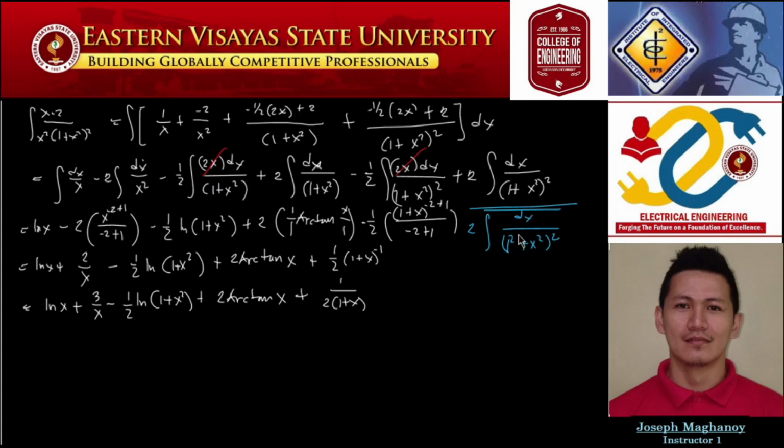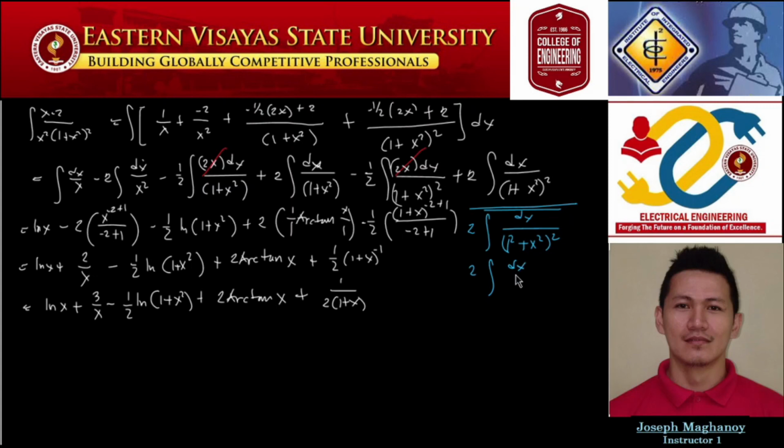Therefore, if we replace this one, we can use our identity. Can you comprehend now? If we replace 1 squared plus x squared or carry out the constant one,